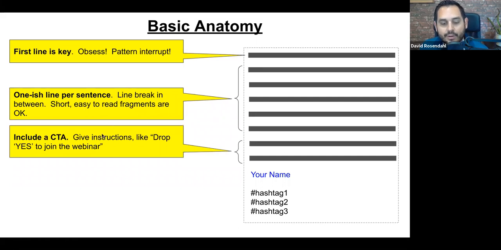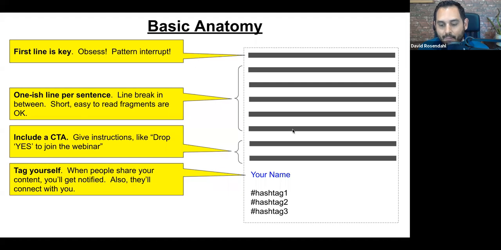And like I said, include a call to action. So give instructions like drop a yes to join our webinar instead of just putting the link to the webinar. And I know this sounds weird, men and women, I know it does, but you want engagement and you want your post to work, try this. So instead of just putting the link to the webinar, I either say, hey, the link to the webinar is in the first comment, or say drop a yes or drop something, because then you're starting to get people to engage. You're getting what we call micro commitments, okay? You're getting them to nod their heads and start to do things that are pulling them closer and closer to you.